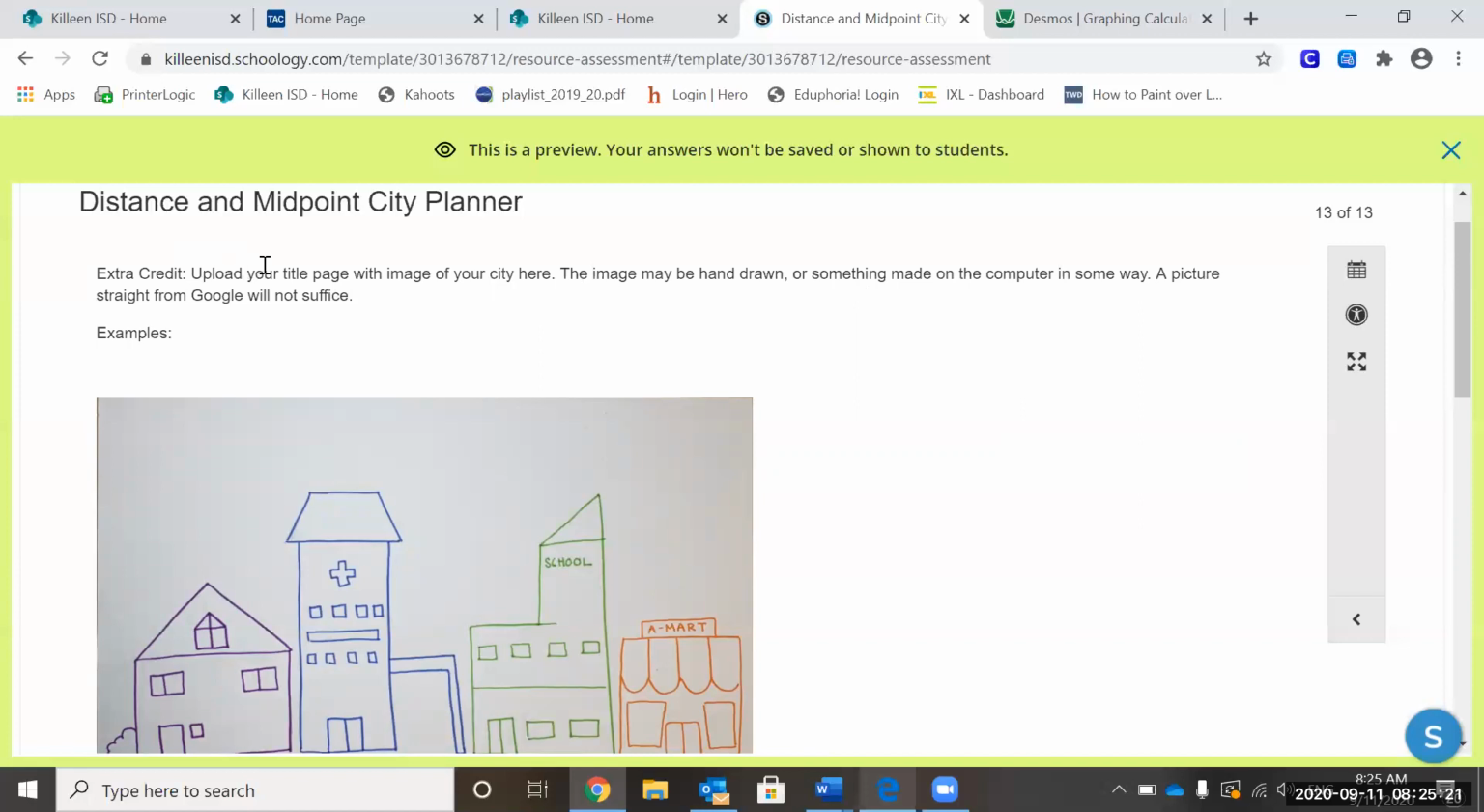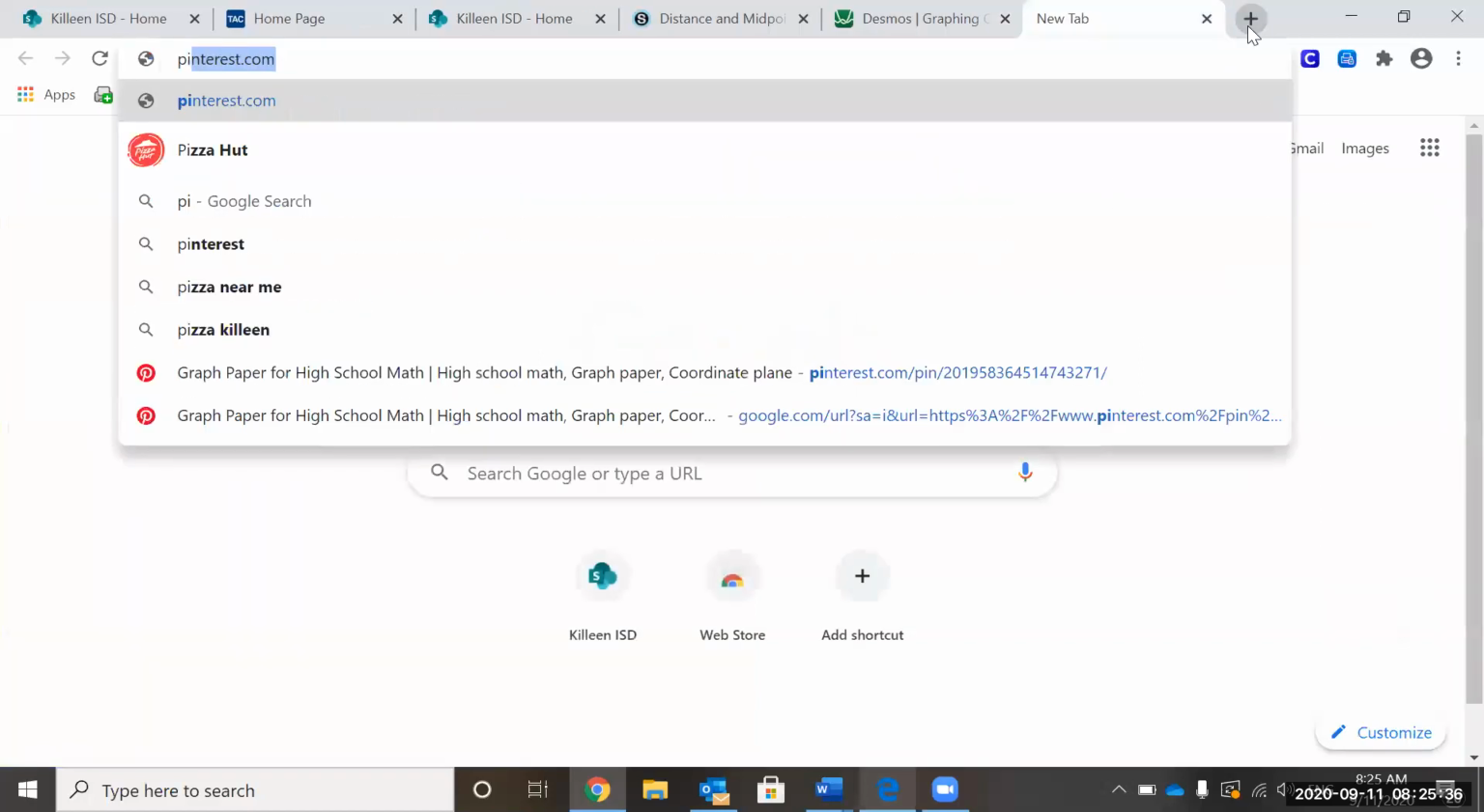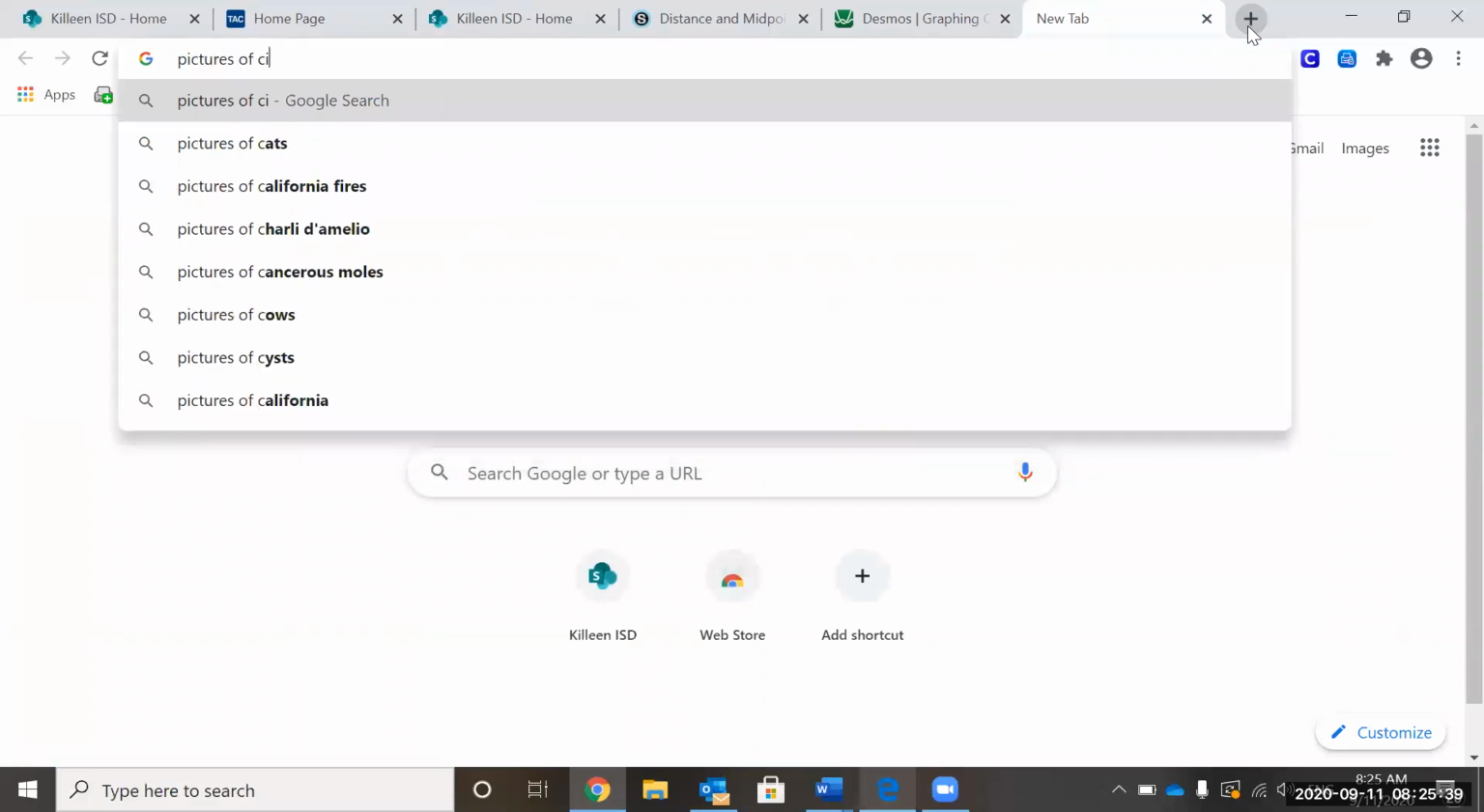You can hand draw it, or it can be something you made on the computer in one way or another, whether it's drawn on the computer or you compiled a collage of images. But if you pull a picture straight from Google, like if you go to Google and you type in pictures of cities,